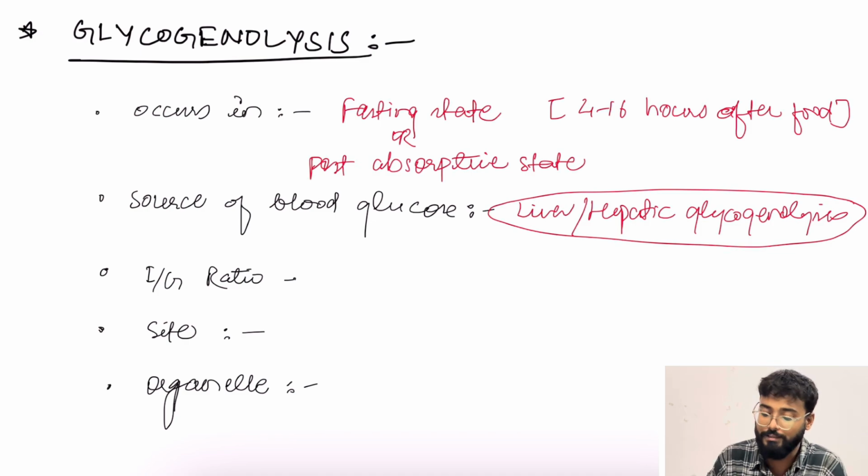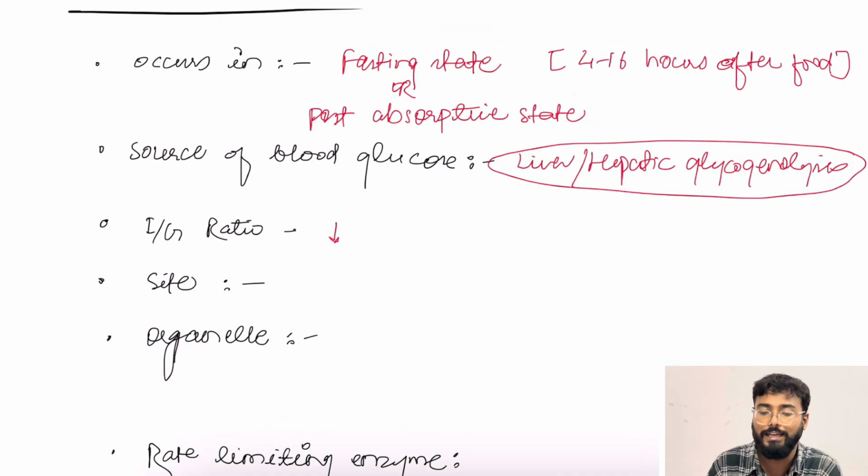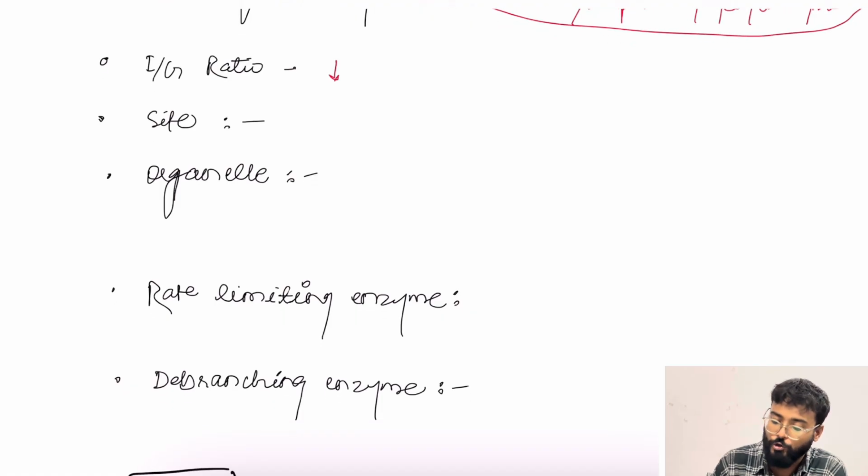We will see that further in the video. The insulin glucagon ratio should be decreased, because glucagon needs to be high in order to carry out glycogenolysis. What is the site? The site is the liver and